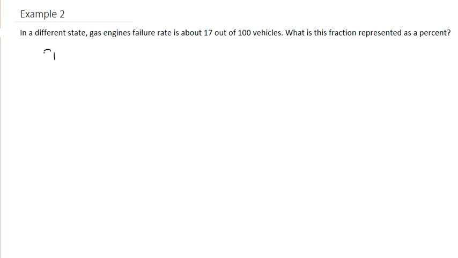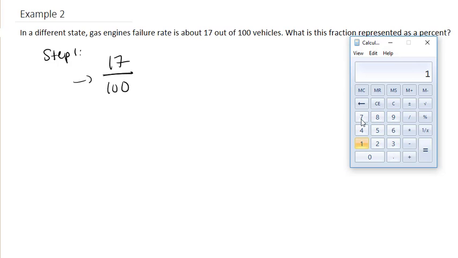So step 1 is to take our fraction and divide. What this bar right here represents is division. So what we would do is take the 17 and divide it by 100, and we're left with